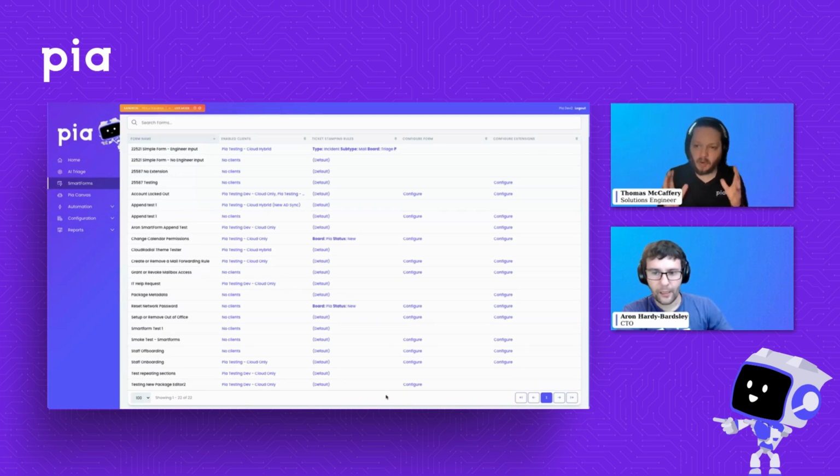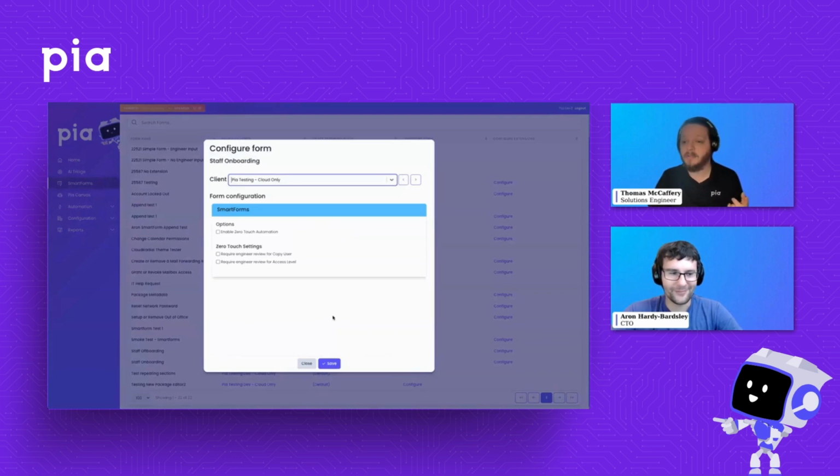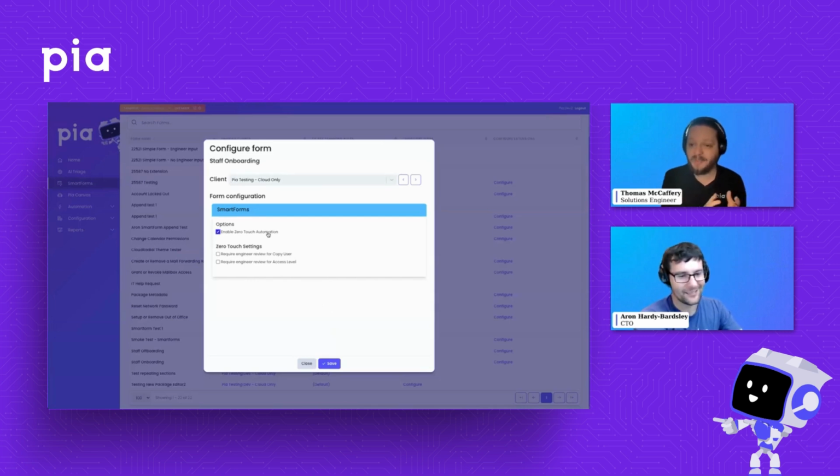Excellent, fantastic. And we'll come to the point now where we want to decide: do we want to turn on zero touch, and how do we get there? That's why we wanted to speed up time, because this is a very in-depth, very technical, very long process. No, I'm just kidding. It's literally one button. So if we want zero touch turned on for this form, it's literally just this button here.